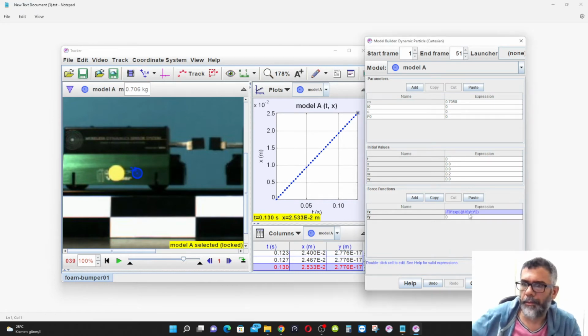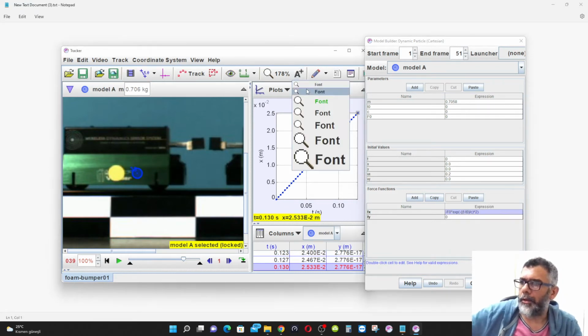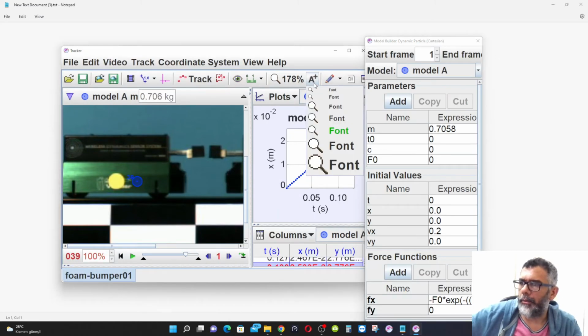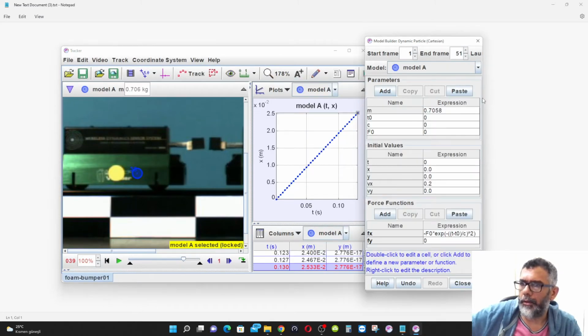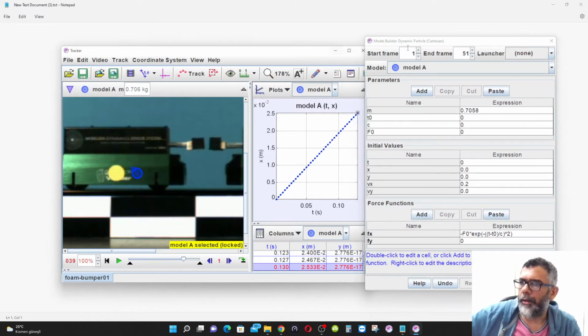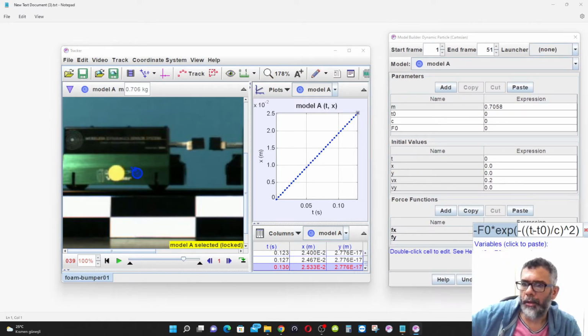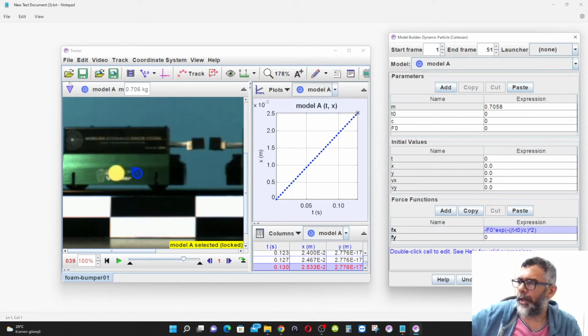So there it is. Okay, let me enlarge it. Yeah, you can see it. So this is now the model window, and this is a force expression, which is a bell-shaped curve. This is going to produce a bell-shaped curve. Okay, now what is the first guess about these parameters t0, c, and f0? Let's check first